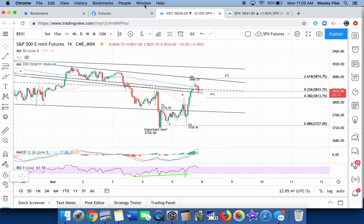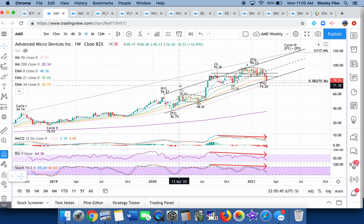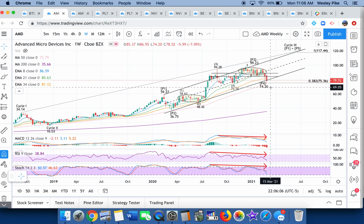Okay, so now to get into a lot of really important and timely updates on individual names, we've got to look to a resumption of leadership from tech and semiconductors. And we're going to begin with AMD. And I think AMD has just put in a pretty compelling double bottom off of just a classic simple zigzag pattern